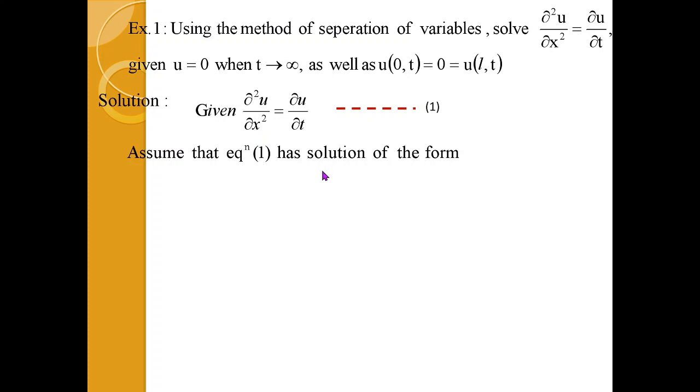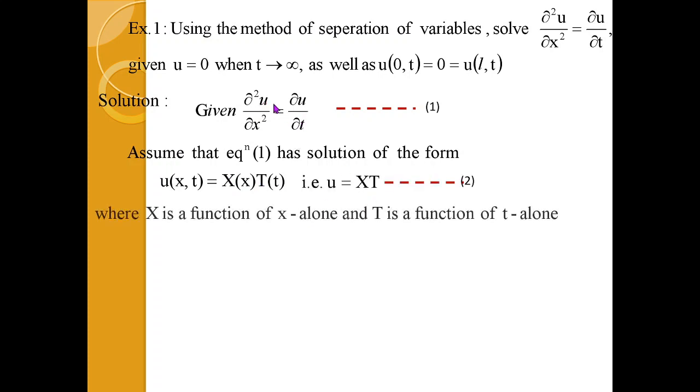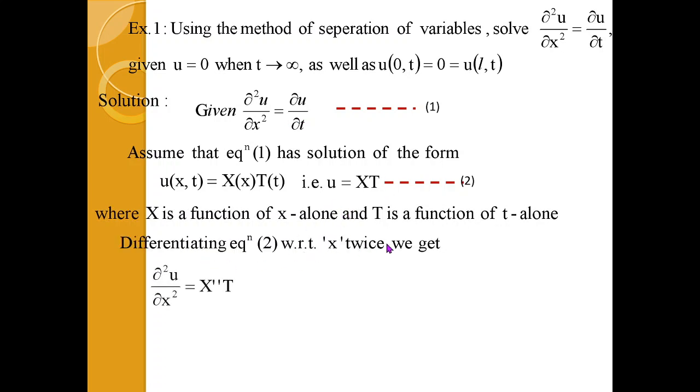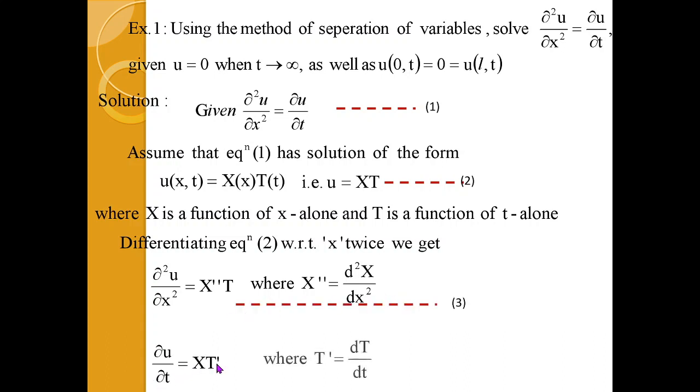solution of the form u of x,t equal to X of x into T of t, where we have to find out expressions for capital X and capital T. Let us call it equation 2, and according to the requirement of equation 1 we will find the derivatives. Differentiating 2 with respect to x twice, we get del 2u by del x square as X double dash into T, and del u by del t as X T dash. Using these 3 and 4 as per the requirement in equation number 1,